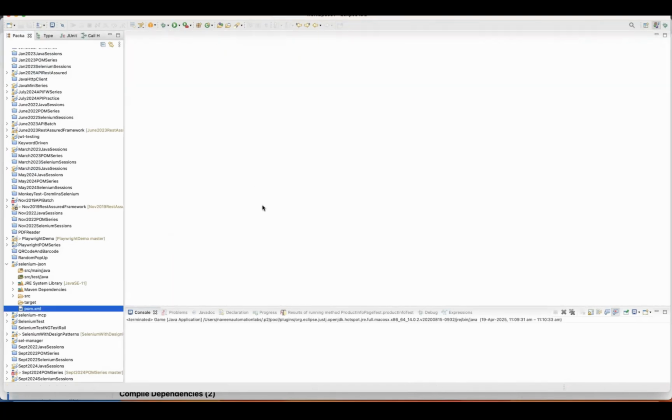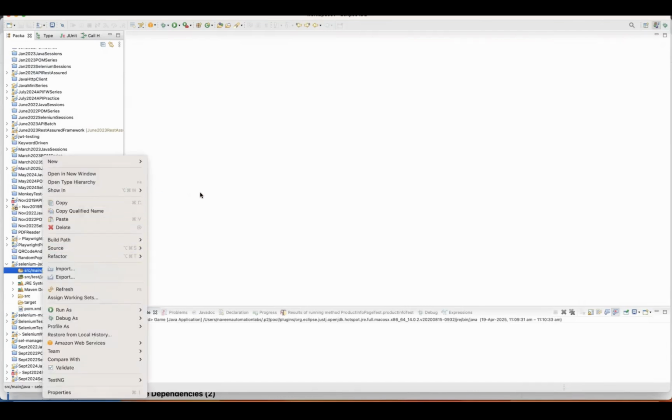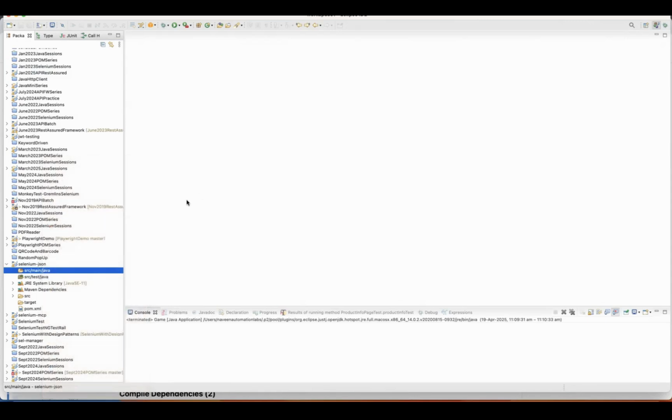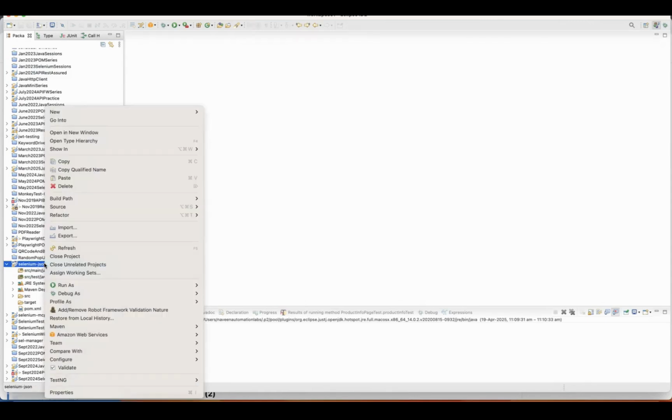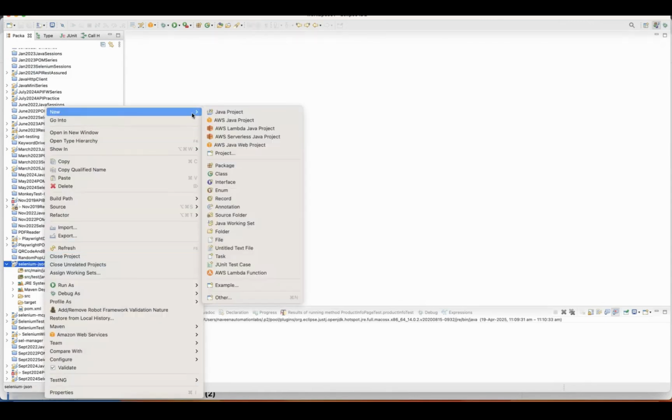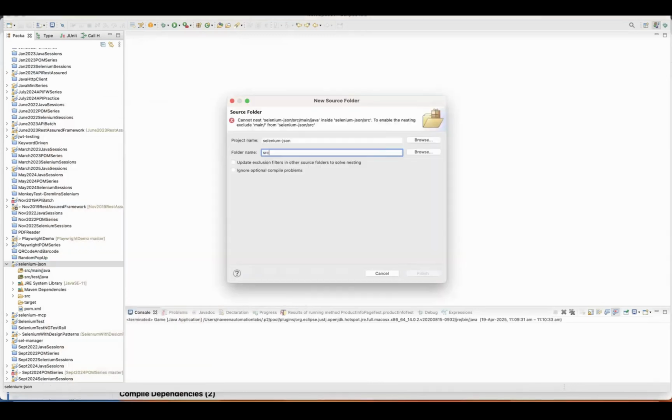Selenium and TestNG are already added there. So first I'll do one thing quickly. I'll go to src main java. But before that, right-click on your project and let's create a JSON file. A JSON file is a non-Java file, so I'm going to create one source folder. Let's say my source folder is src test